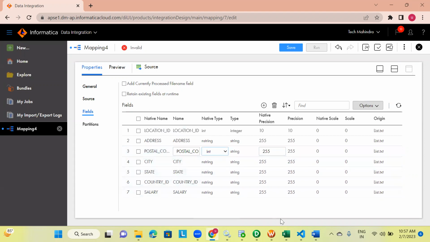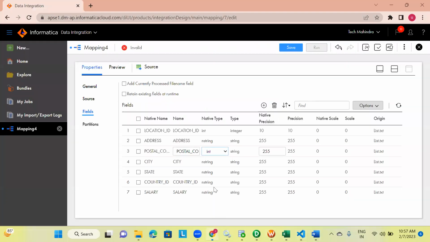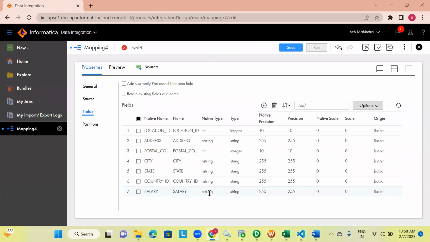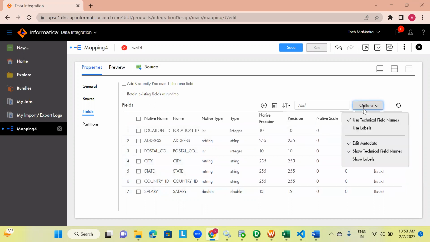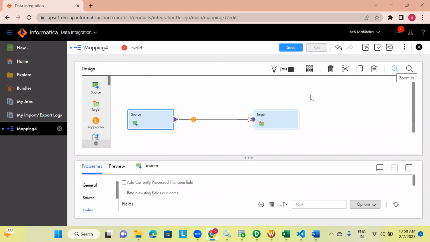City is string. State is string. Country ID is also string, and salary should be double. When you are importing the file from source data, you want to change the data types. You want to change the data types always. Click on edit metadata for him. Integer, and double. You click on this,